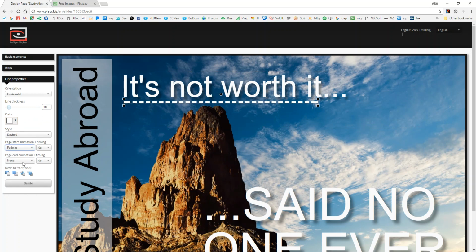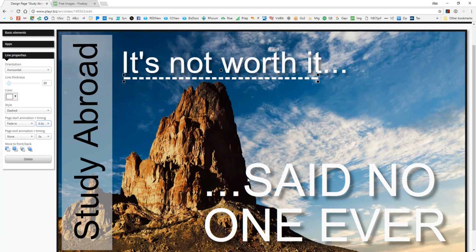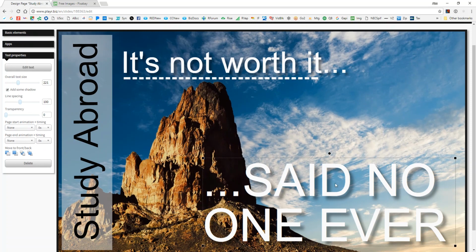Or actually, let's have it fade in. Some elements and animations are not capable for certain elements, so you'll notice the curl in is not part of the dotted line. So we're just going to have it fade in at the same time, a half a second after the slide starts. Then we're going to give it a little bit of time before the "said no one ever" comes. So I will click on the "said no one ever" and have that animation